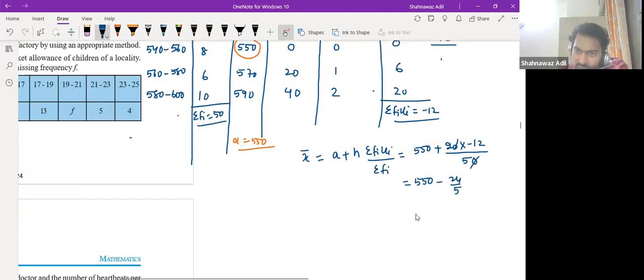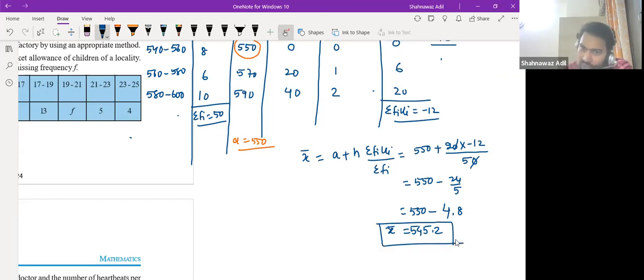Right, so this is how much? This is 550 minus 4.8. So this is 545.2. This is the mean,